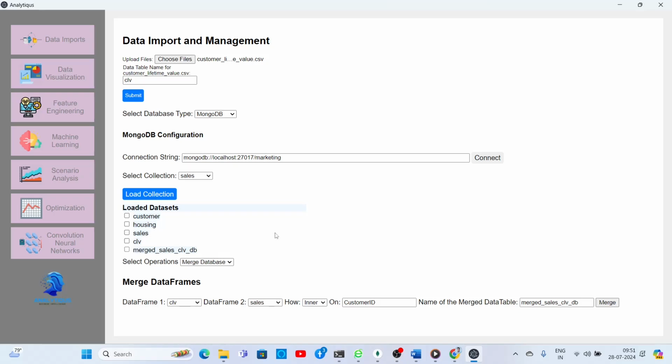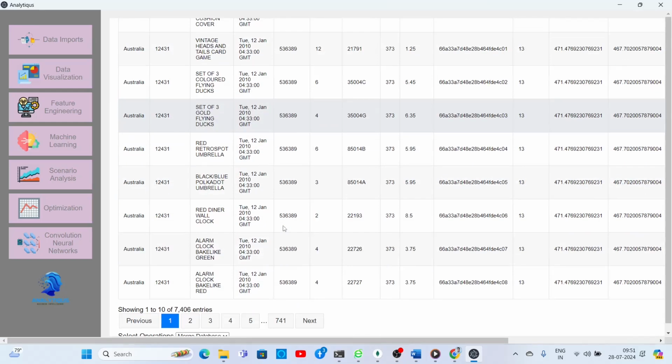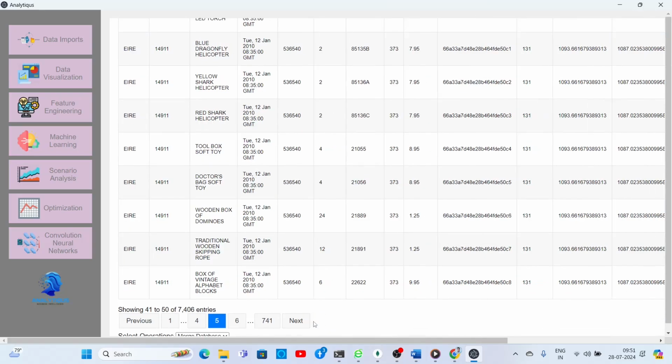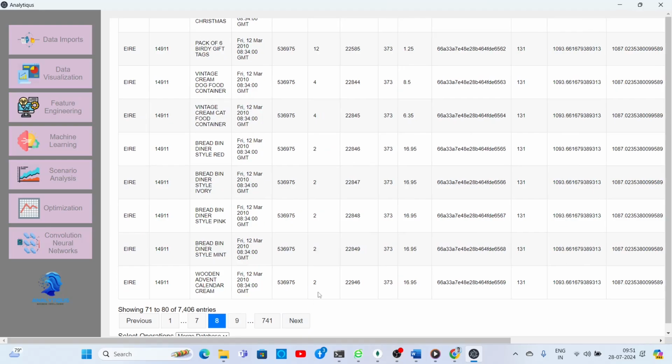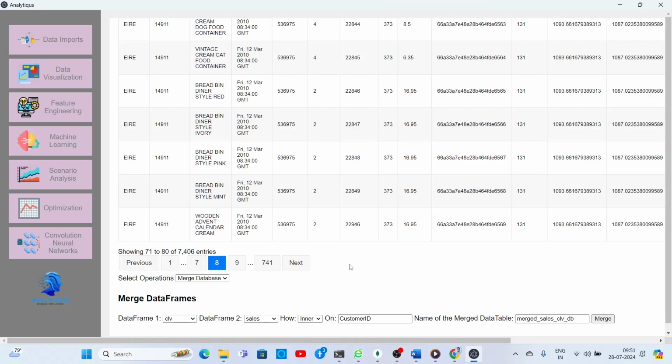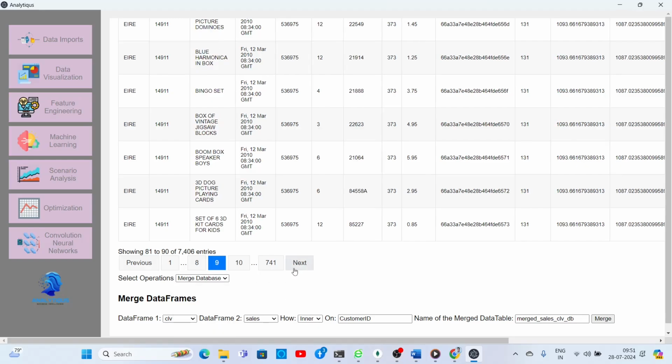You can click on it and view. So here is the merged database column. Here you can see how easy it is to manipulate data tables, and you can easily do the merge or the join or the concatenate operations here.